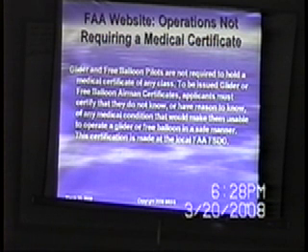And so, just following up with this again, you do not need a medical certificate to fly a glider. However, you must not be in a condition that would impair your ability to fly. One side note to this, I will mention the light sport aircraft ruling that came down a few years ago: for light sport aircraft, you don't need a medical, you need a driver's license. However, if you did not pass your last FAA medical